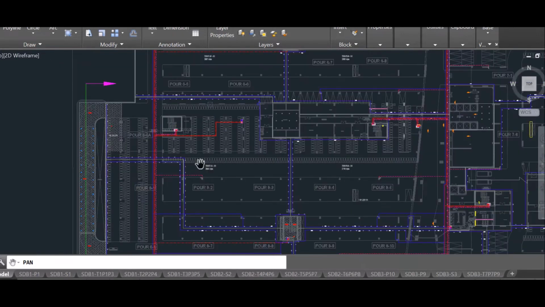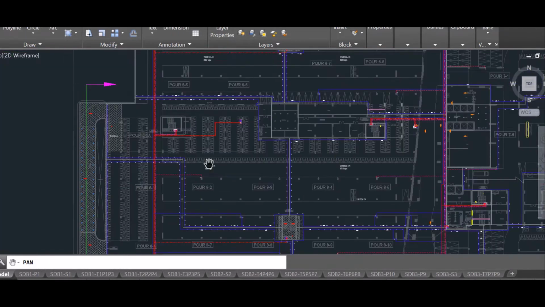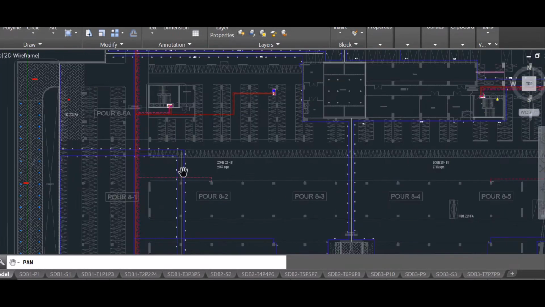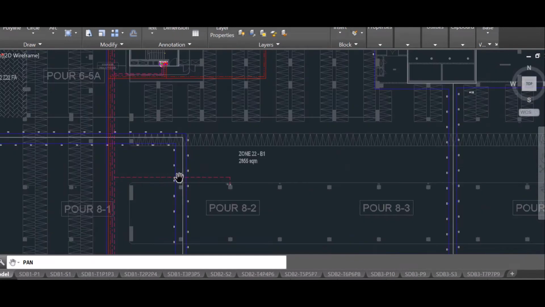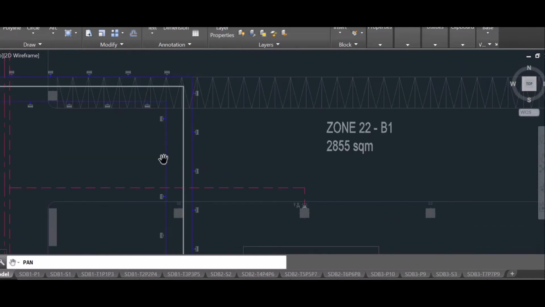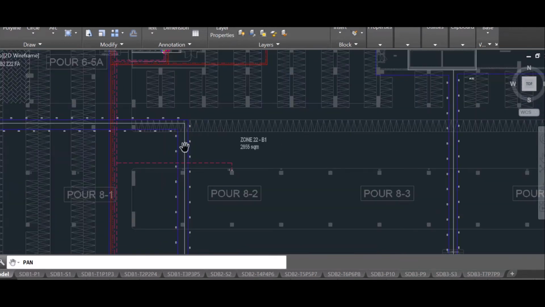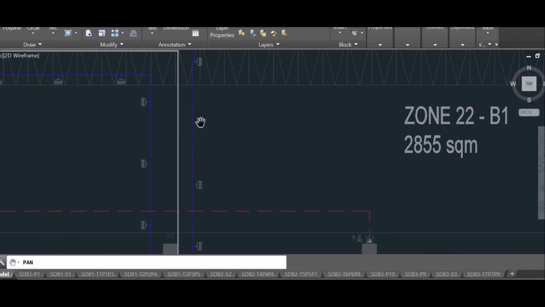So here, where my cursor is moving, that is the periphery of one water curtain zone. This is the periphery of zone 22, and on both sides of the periphery you can see the two blue lines, which denote the water curtain piping along with nozzles.